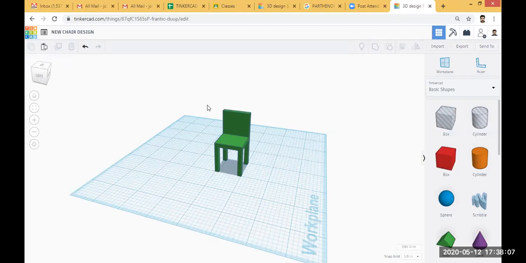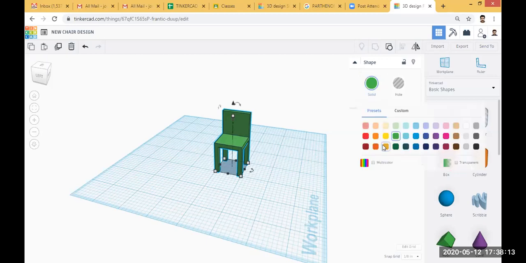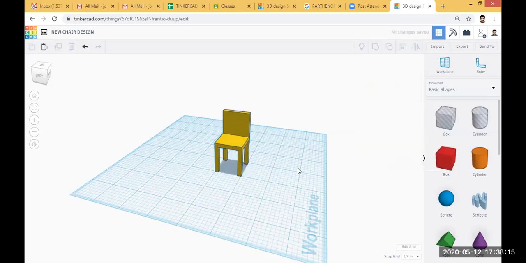Yeah, just select this, then go to the solid. You can see different colors. Click here, you can see my color is changed. Okay,